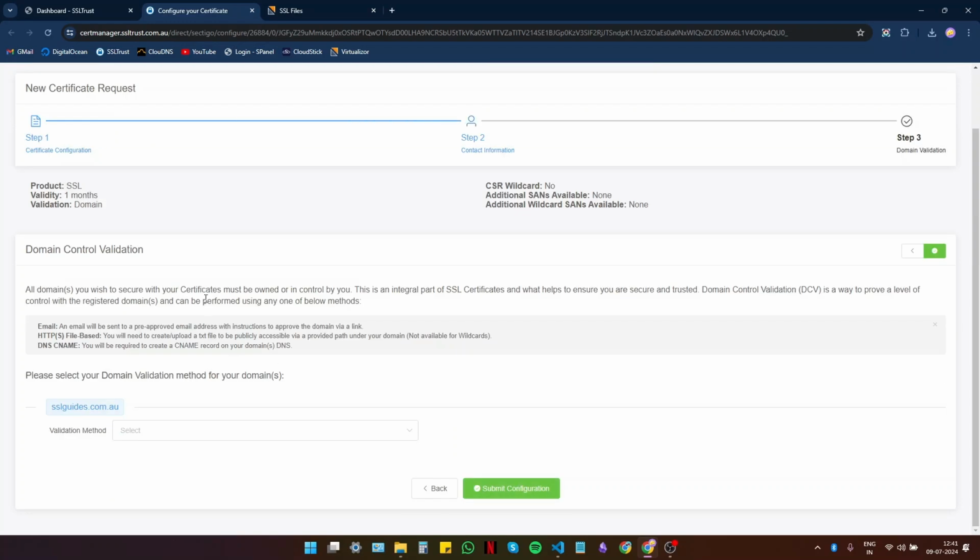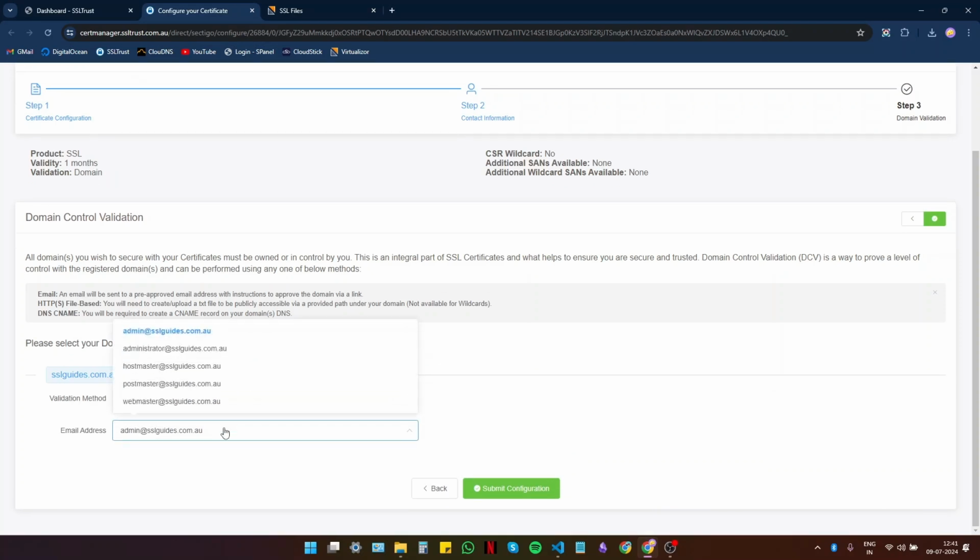Step. Now comes an important part of the process, which is domain control validation. So basically, you have to prove to the issuing certificate authority, which in this case is Sectigo, that you own your domain name and have complete access to it. Now, you can do it in one of three methods, namely the email method, which is the easiest one. Now you should have one of these 5 email addresses,